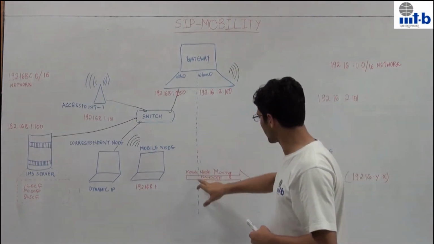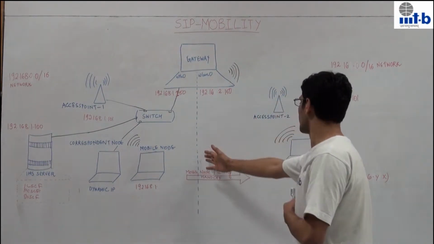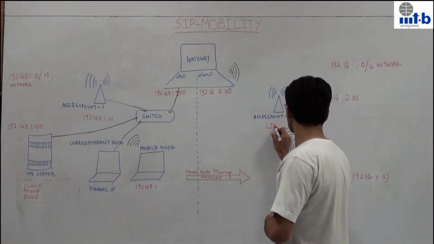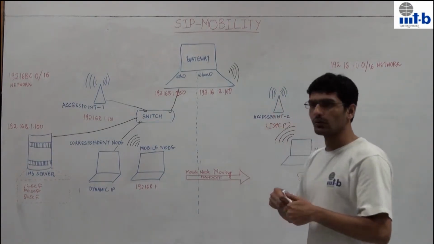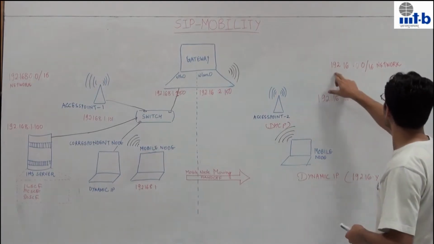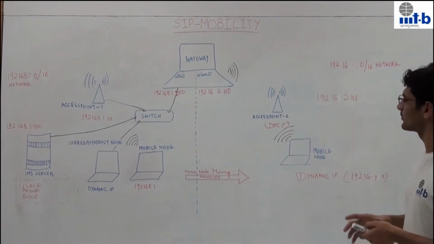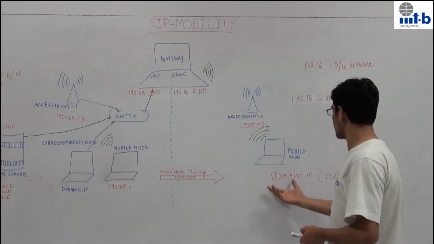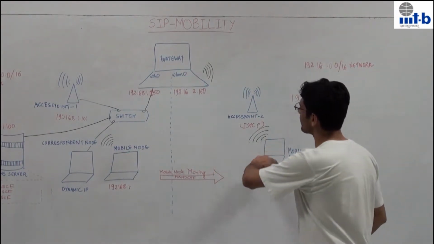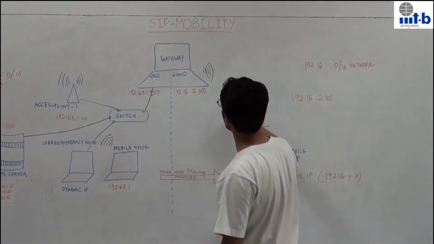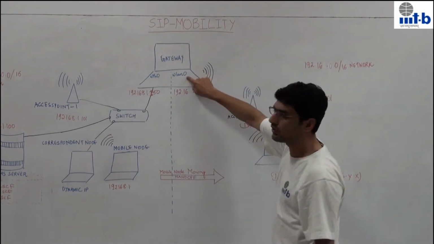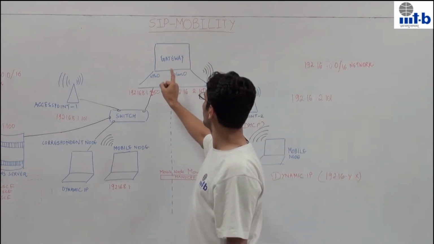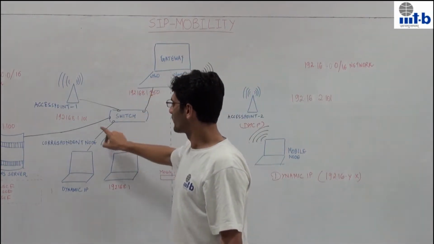If the signal is higher in this region, then we will get to access point 2. Since it is also running DHCP, we'll get a new IP address in this network, say 192.168.11.79. Then we move there and again send a re-invite. That re-invite goes to the first gateway, since it is received on the wireless interface. By the routes we have created, it will be routed to the Ethernet interface and to the IMS server.